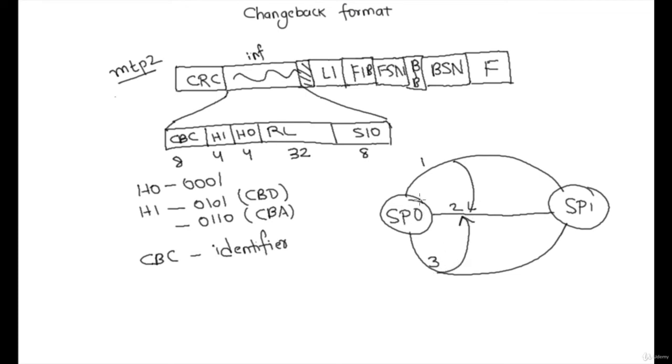So the messages on this link are going to have multiple changeback messages. To distinguish between each and every changeback message, there is one identifier added in this MTP3 layer message. That identifier distinguishes between several concurrent parallel changeback messages. So that's the 8-bit changeback code. Now, in case of emergency,